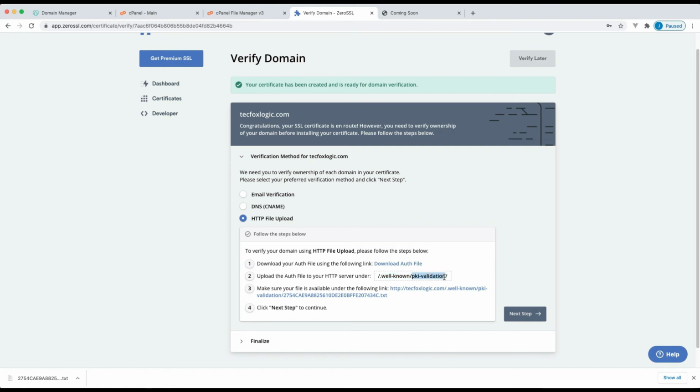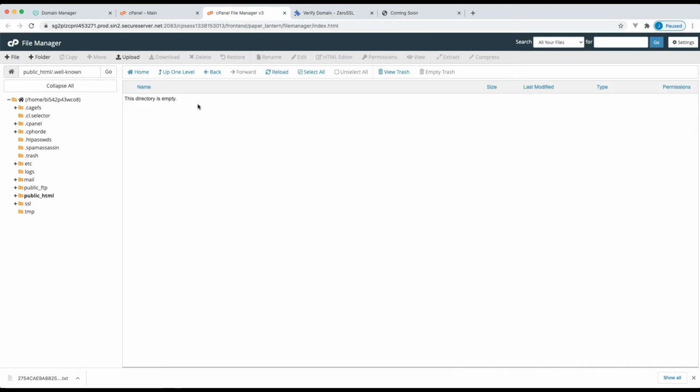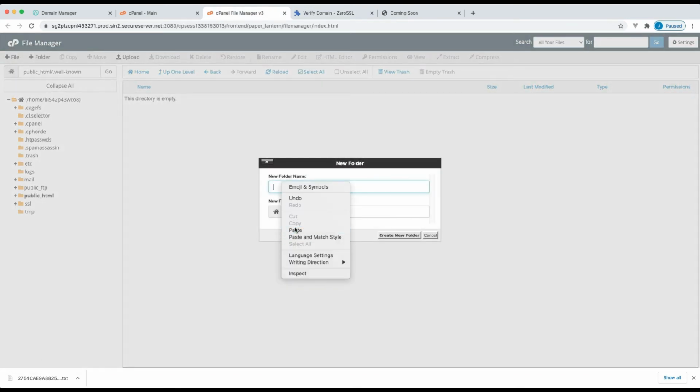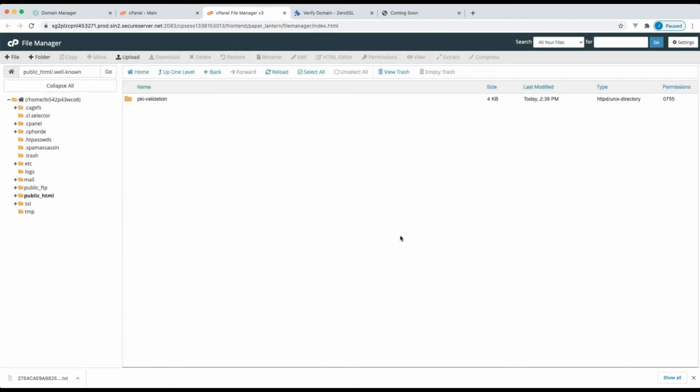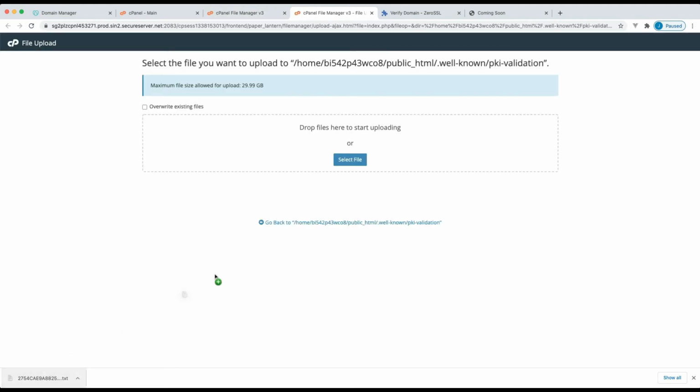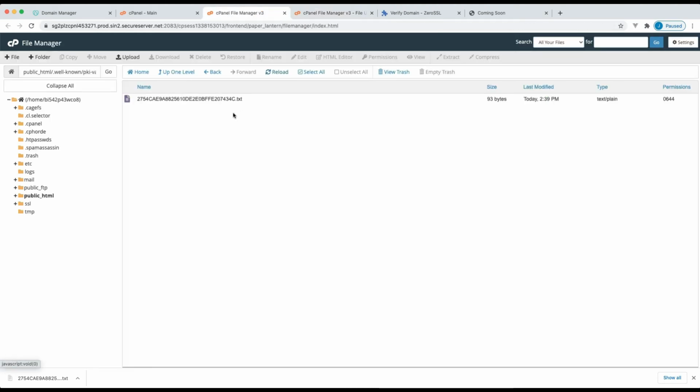Now let's create a folder called pki-validation inside this folder. Open it. Let's upload the previously downloaded text file to this folder. Reload folder. You can see the text file we uploaded.